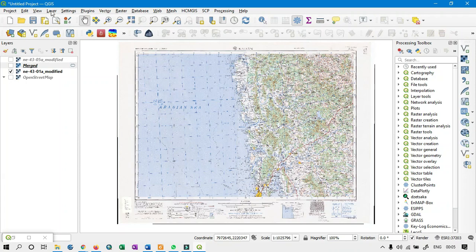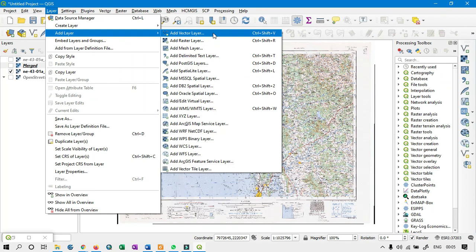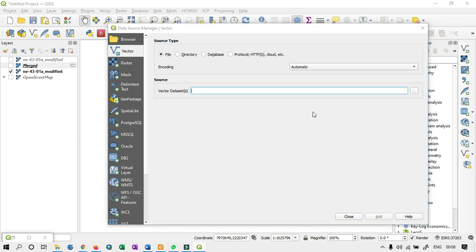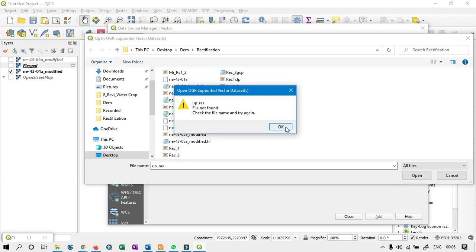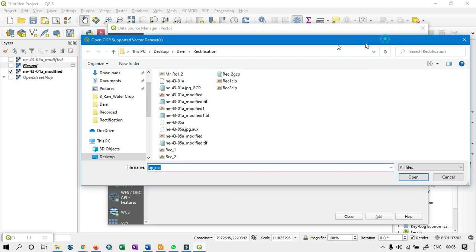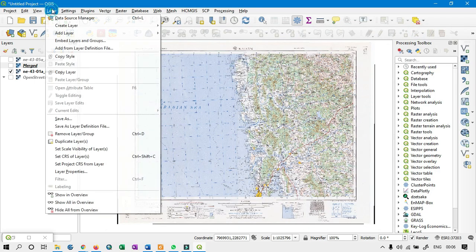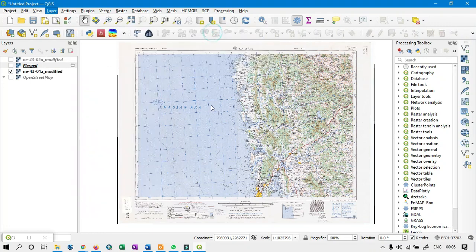So for that go to Layer and Add Layer, and add vector layer. Sorry, one second. We have to go to Layer, Create Layer, and from here you will find Create Shapefile Layer.